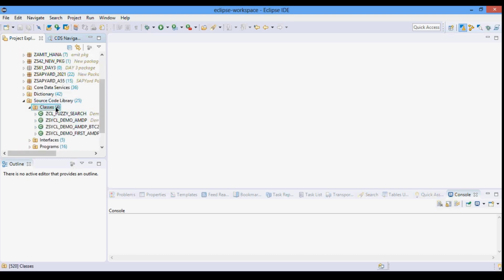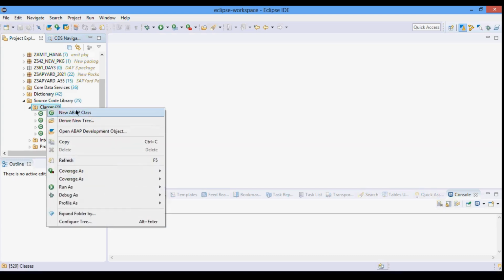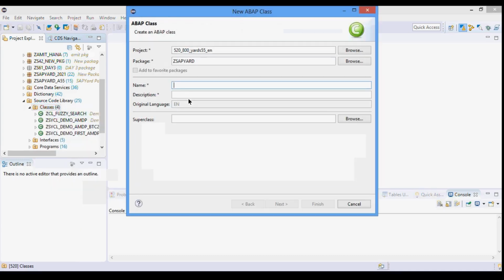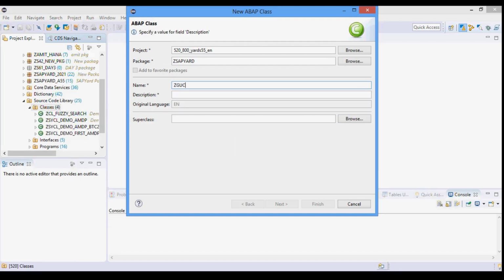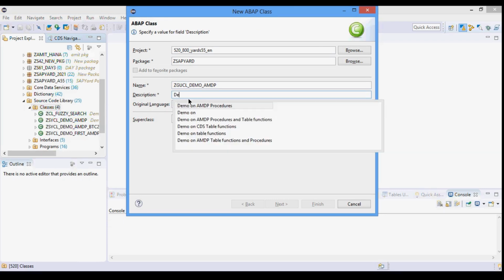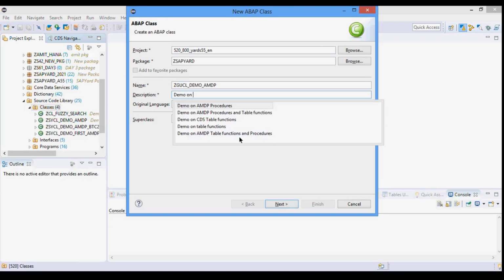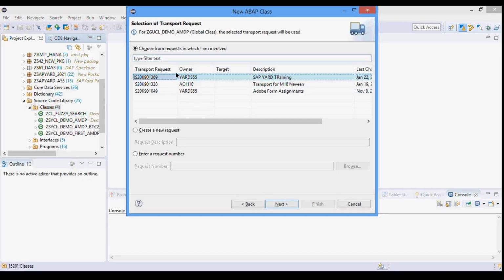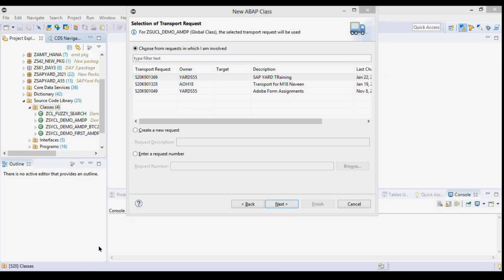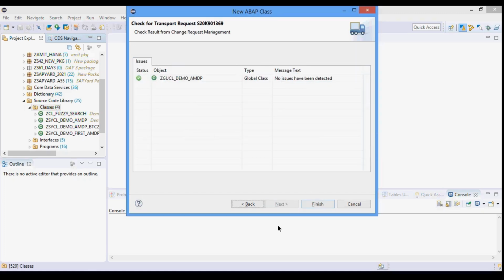So here, let me just create another class, a new ABAP class. By this you will also understand that we can create a class directly from this ADT tool.